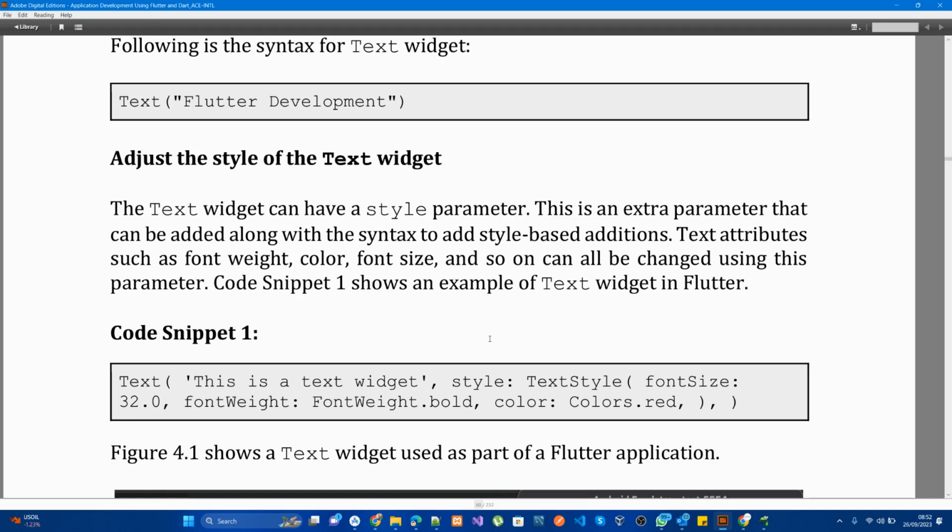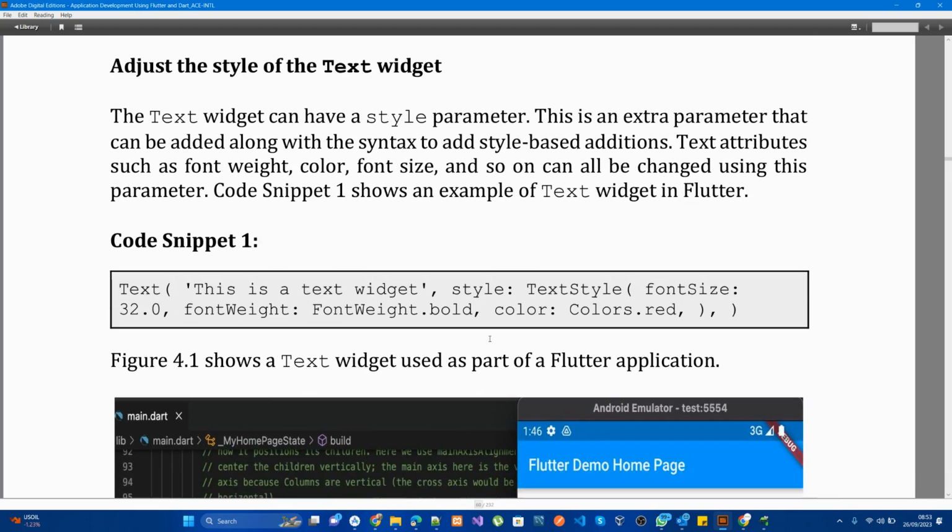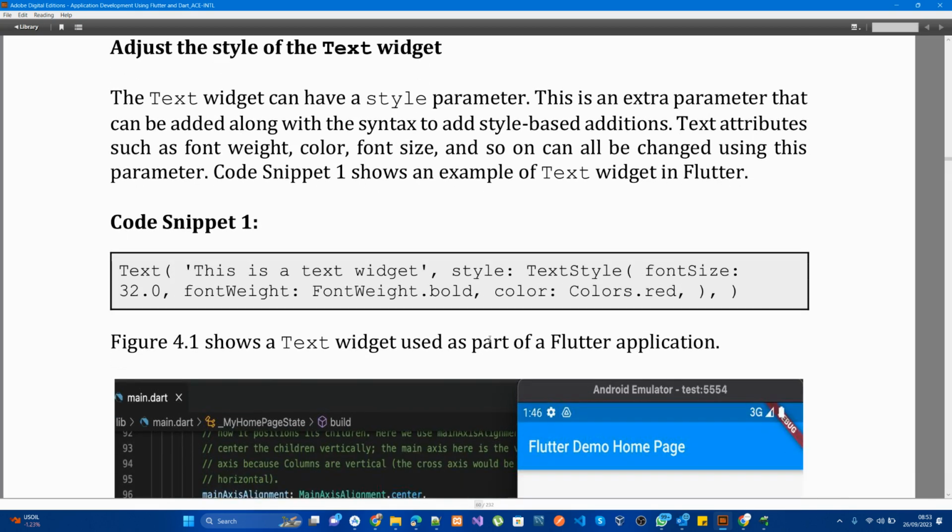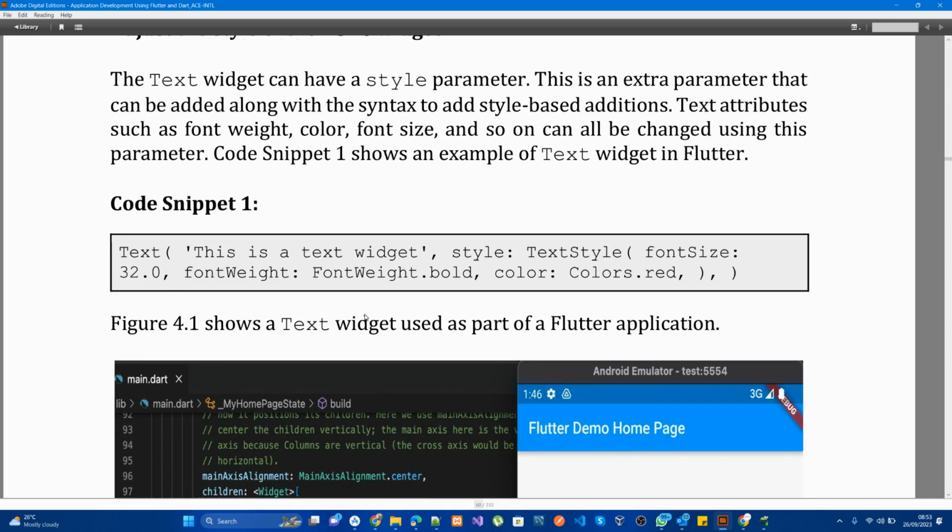So, adjusting the style of the text widget, right? The text widget can have a style parameter. Like I said, the styling is just to add color, the font, and boldness and everything. This is an extra parameter that can be added along with the syntax to add style based conditions. So this styling is just for you to add some styling to your text, just to beautify it, make it look good, right? So that's just the purpose. If you look at my screen, you can see the text here. This is a text widget, styling, font size, and so